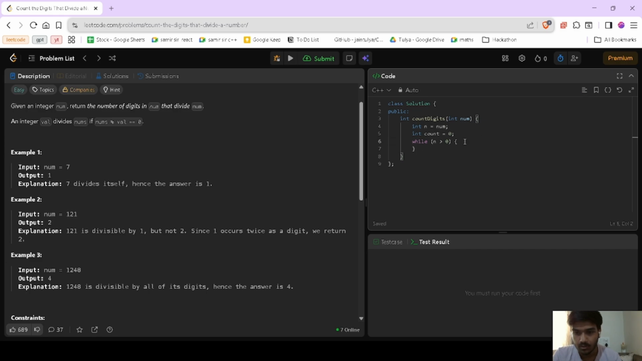Now let's create an int digit. In this we will store each digit, which is n percent 10. And if num is modulus by digit